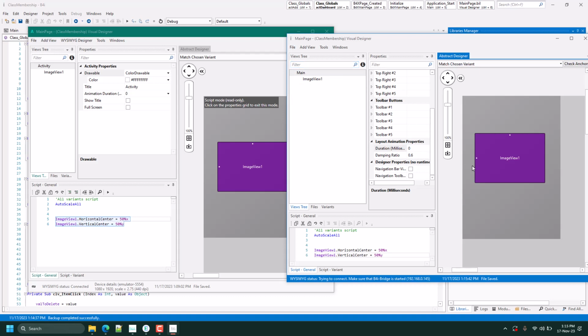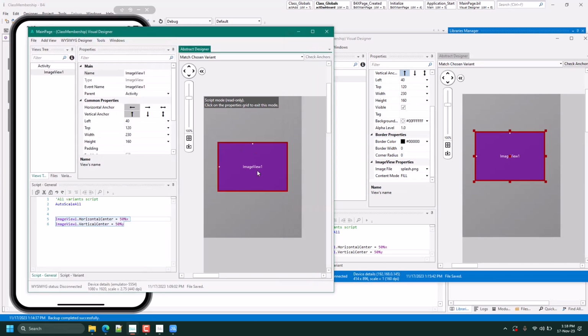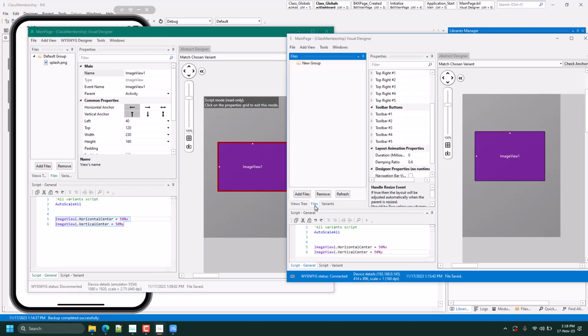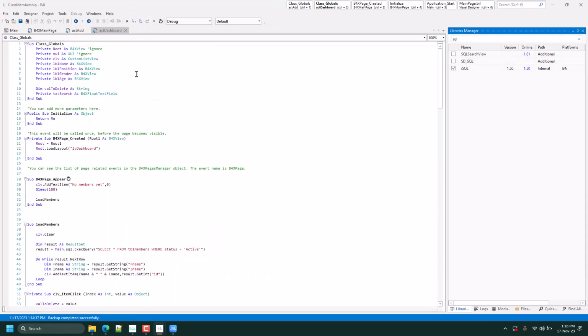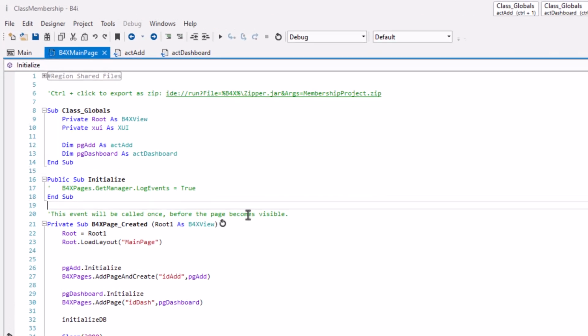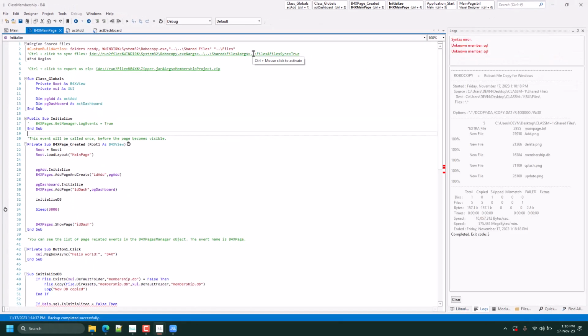Hold on, let me see if I can fire up a preview of the iOS. Okay, so I'm mirroring my iOS screen here. We've added the files, the splash image files. You have to add the splash image. Let's make sure we sync the images to the B4I project as well. So you control click here, exit code 3 means it's successful.